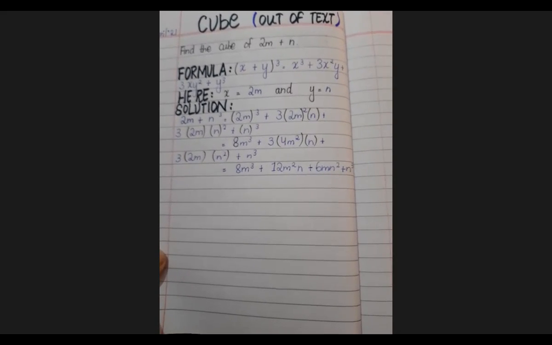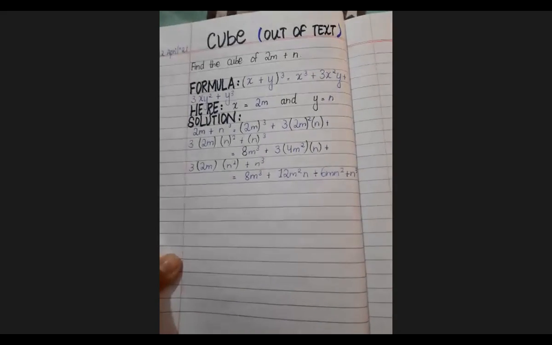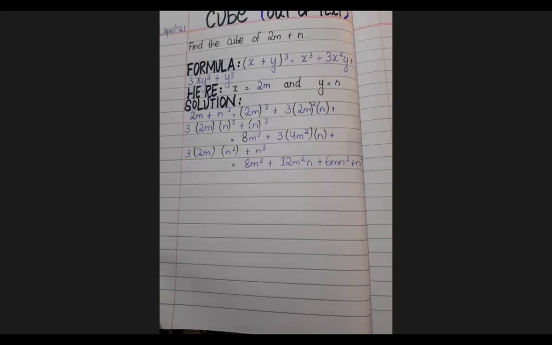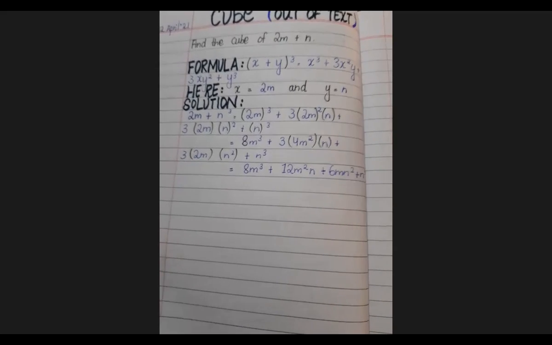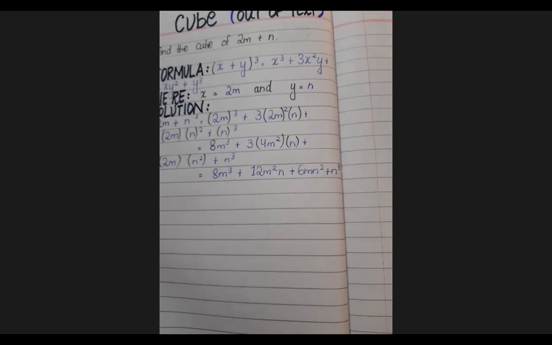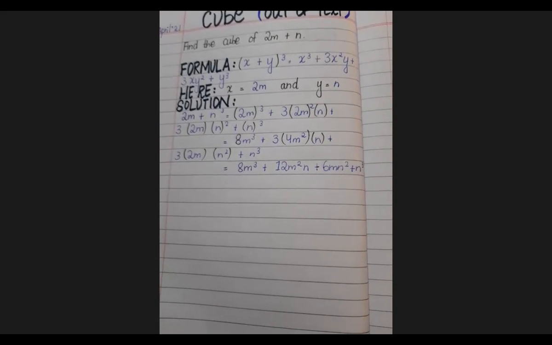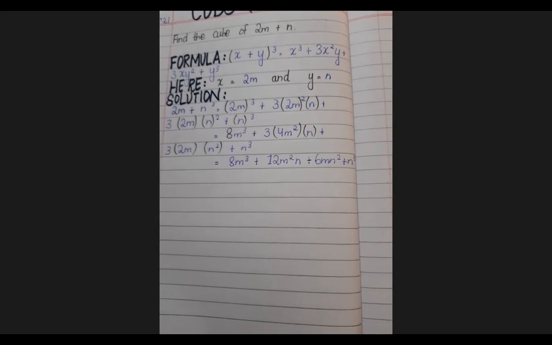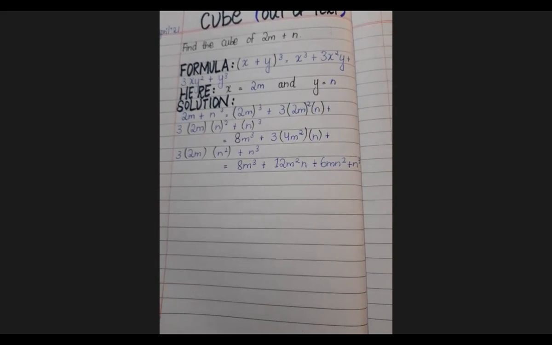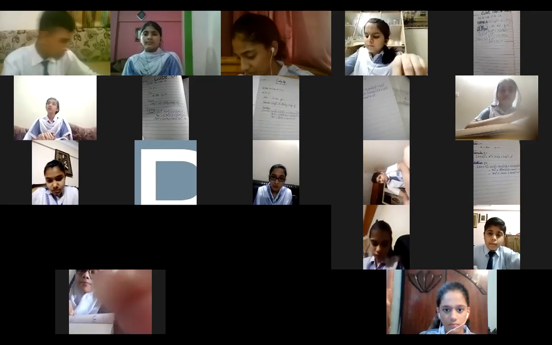In how many steps we have to solve this question? 3. Acha, Mohammad Arib, you have mentioned your answer in the chat box. Bete, in the last term, we have to write n cube. Okay, your answer is a little bit wrong. And in the second term, we have to write down 12m square. Your answer is wrong, Arib. Kindly check out Hania's work. This is the correct solution. Now let's check out. Good, Hania.